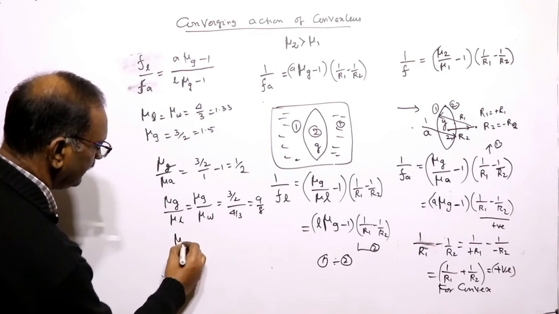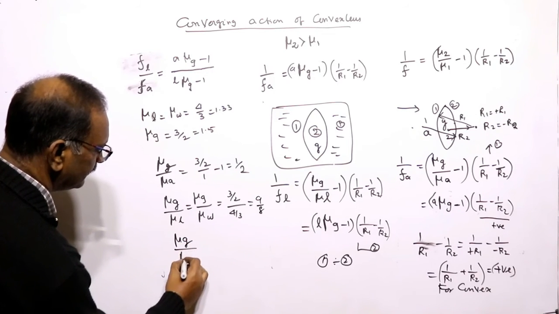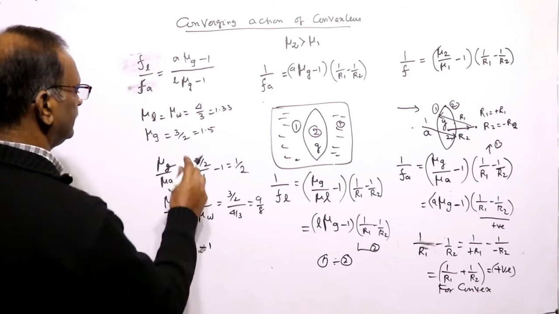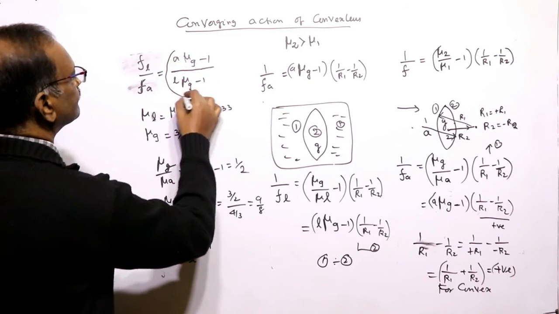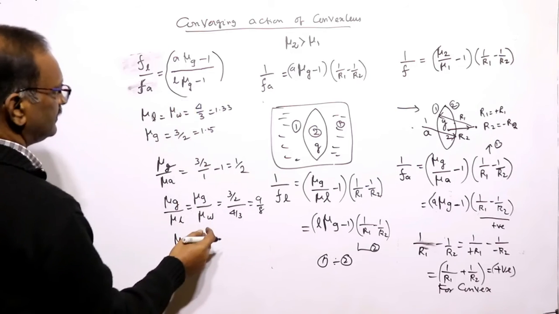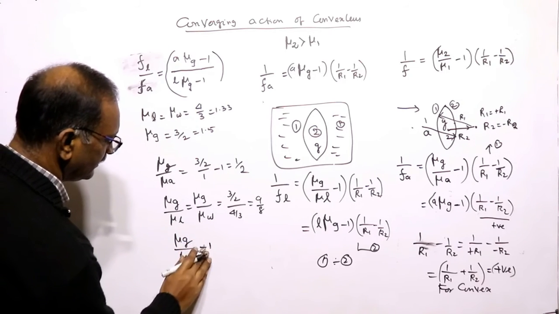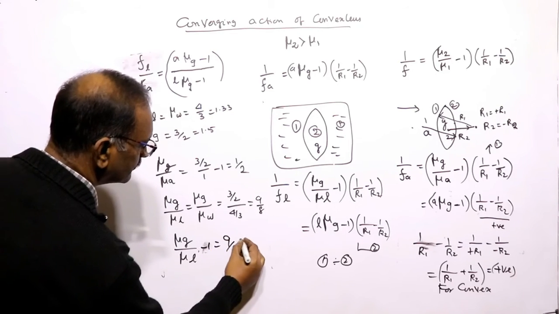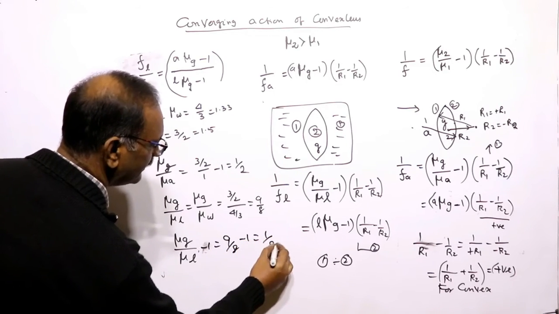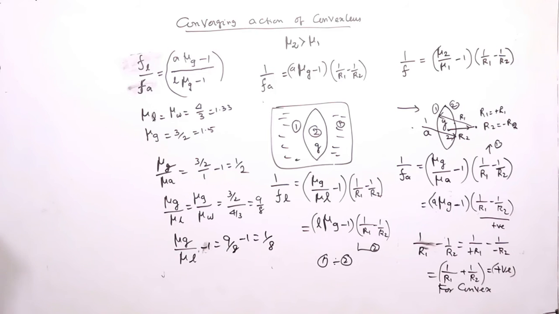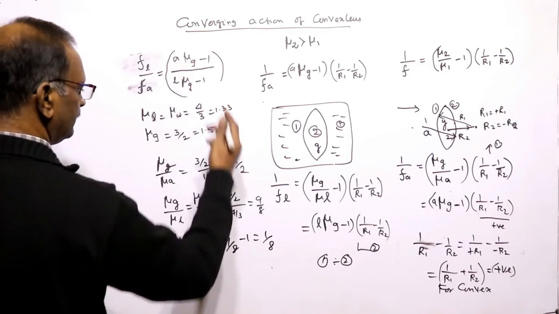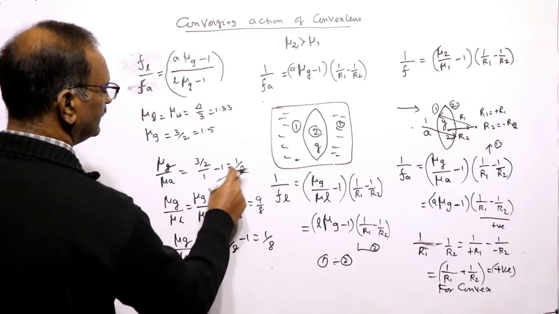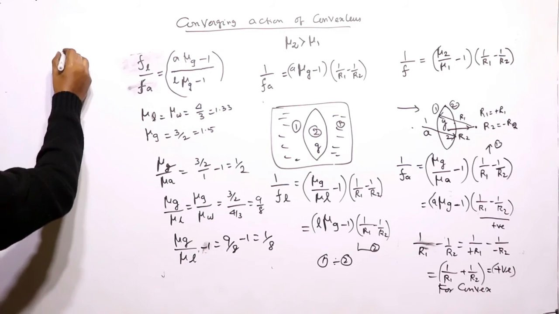So the refractive index of glass with respect to liquid minus 1 is 9 by 8 minus 1, which is equal to 1 by 8. And for air we found this is 3 by 2 by 1 minus 1, which is equal to half. So we can write